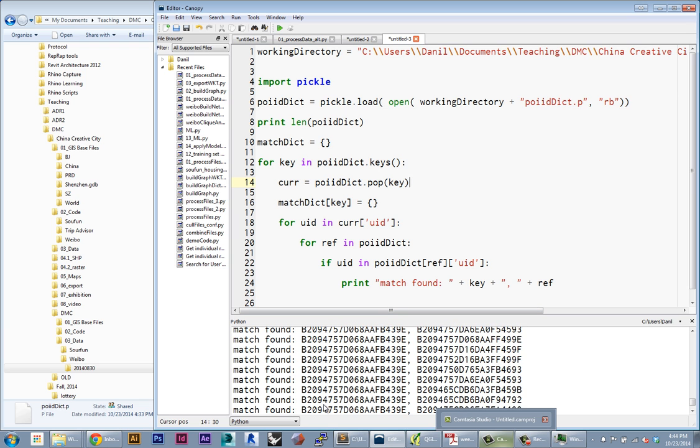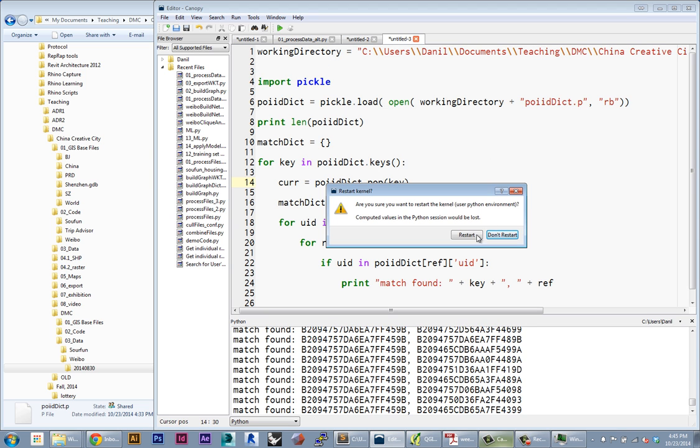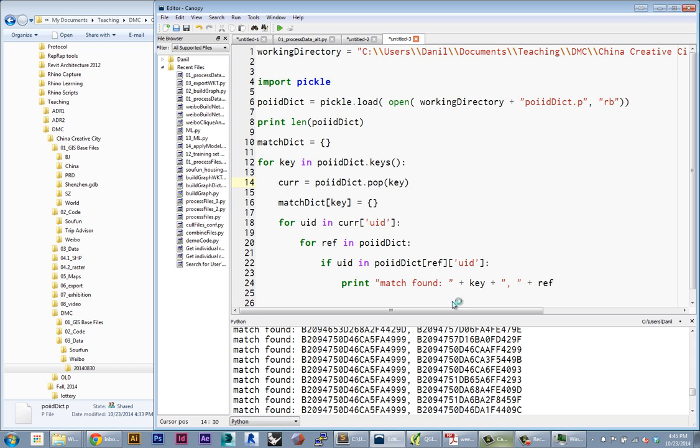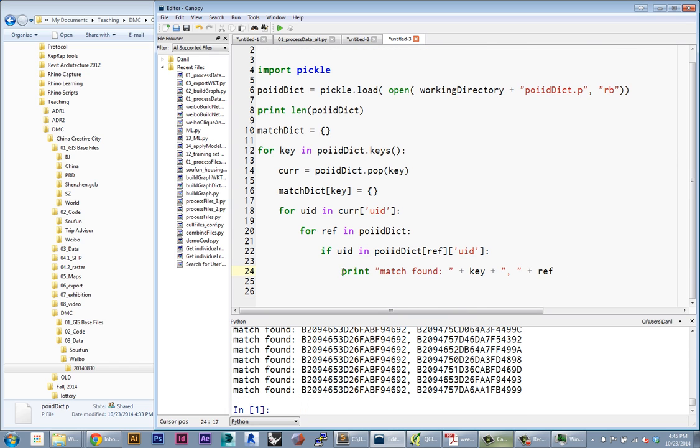Another thing that takes forever is printing everything out. So I'm going to stop this. You never have to do this, just to show you and make sure it's working. I'm just going to restart Python. So I never need to really print this after I already know it's working. And now I just want to